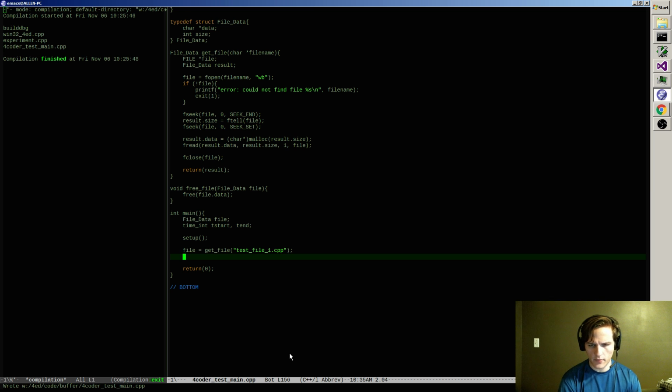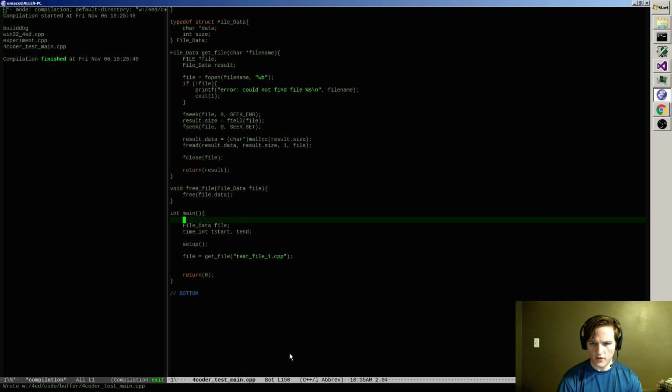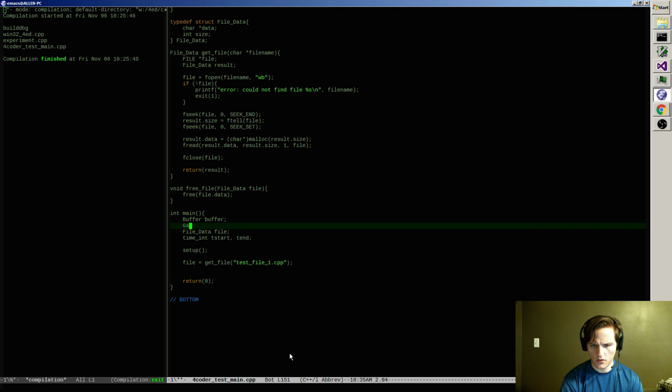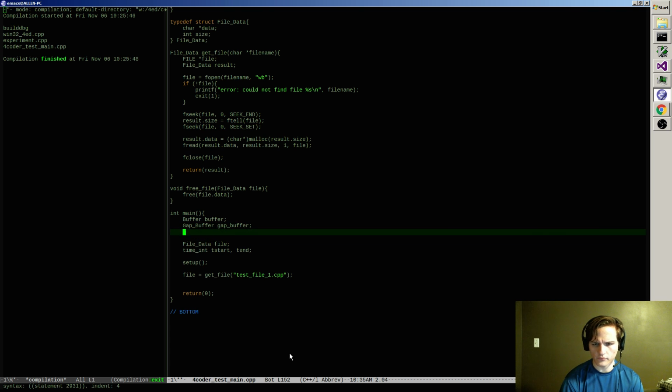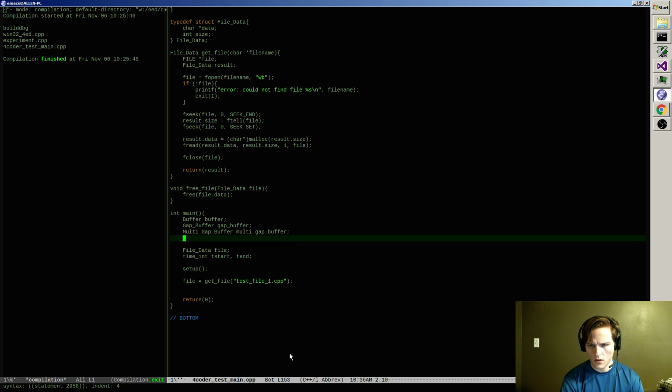All right, so next up I'll need one of each of my buffers up here, so we'll have like buffer, gap buffer, multi-gap buffer, and the rope buffer.